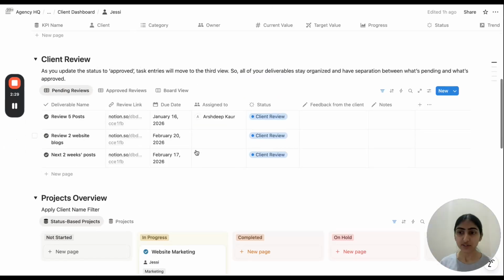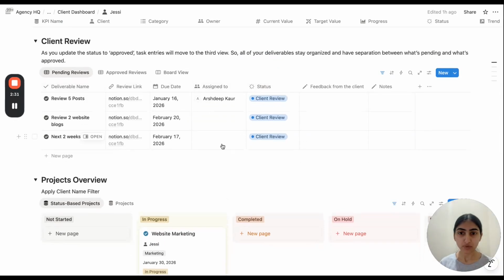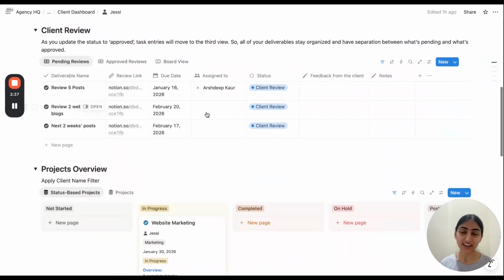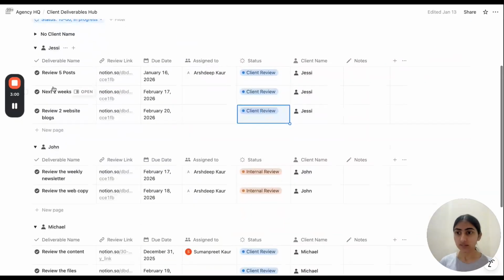Here you can see all of the details are moved, and here you can assign to your client. This is not a real client, it's just an example, so I can't assign anyone here while showcasing. So this is how the deliverables are sent to your client without copying the links and sending repeated messages. This one activity gives you back a lot of hours. So now let's move on to the client side.